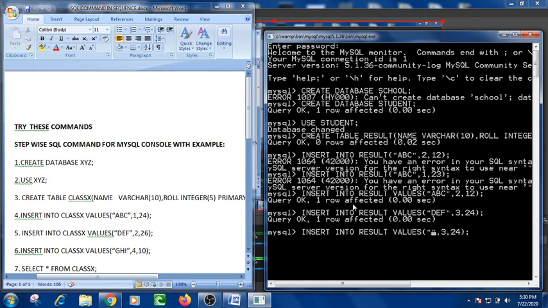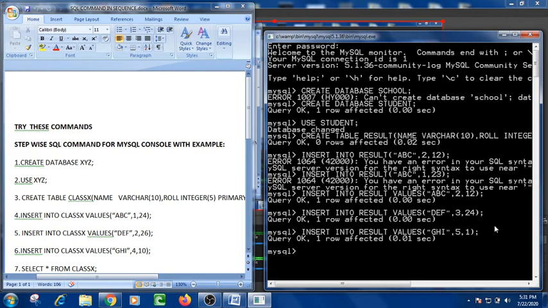Suppose I am changing the name to GHI, roll number 5, and suppose the rank is 1. Okay, now suppose that I have entered that much record.